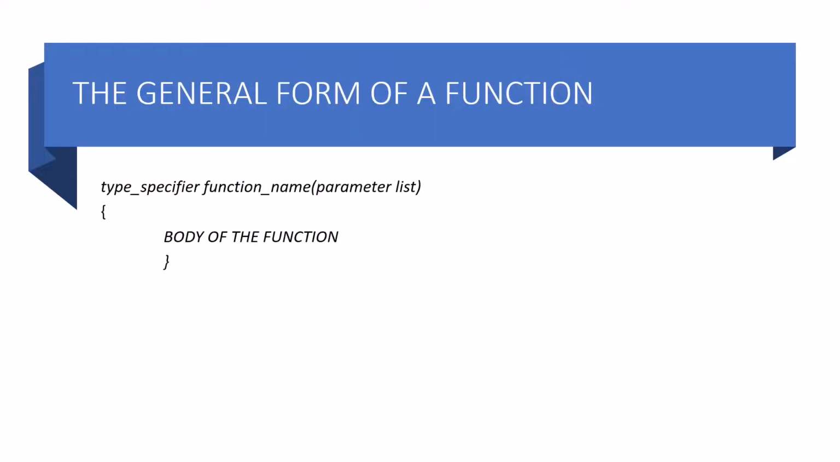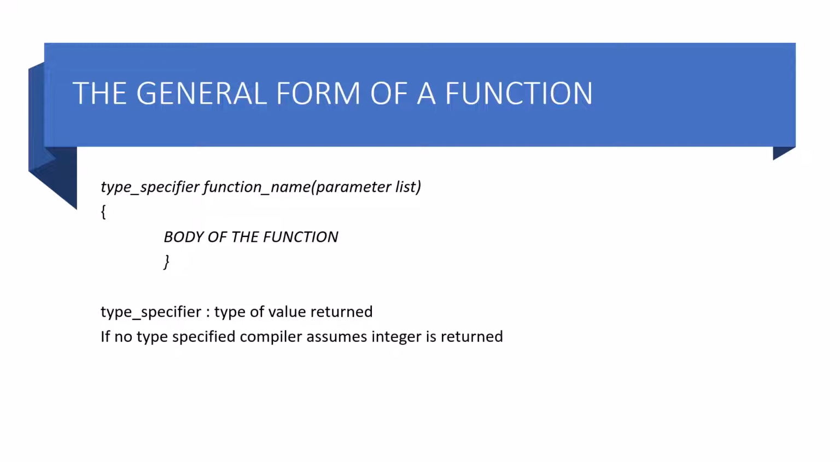Let's start with the general form of a function, and this would be something like this, where the type specifier would indicate the type of value returned by the function. This could be integer, character, float, or even void, which would mean no value returned by the function. Now, if we do not include the type specifier in the statement, the compiler will assume that an integer is